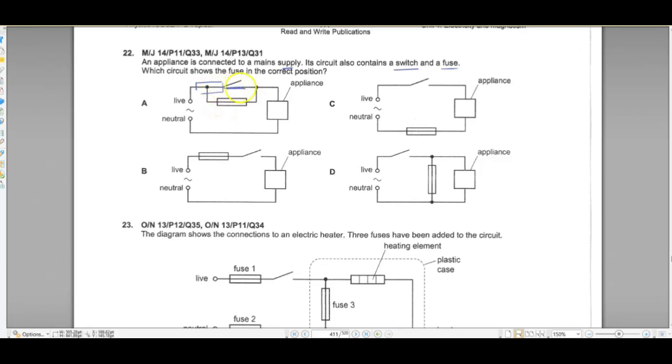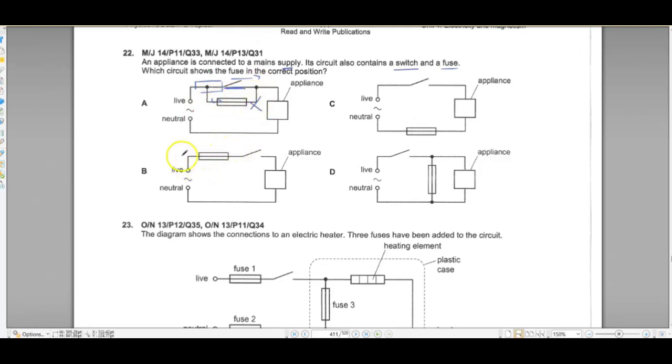But when the switch is closed, the current is always going to look for a path that shows no resistance. So it is going to pass through here, and if the current is more than the calibrated value, it is going to go to the appliance and the appliance is going to malfunction. It is never going to pass through this resistor. So this is not the correct option.